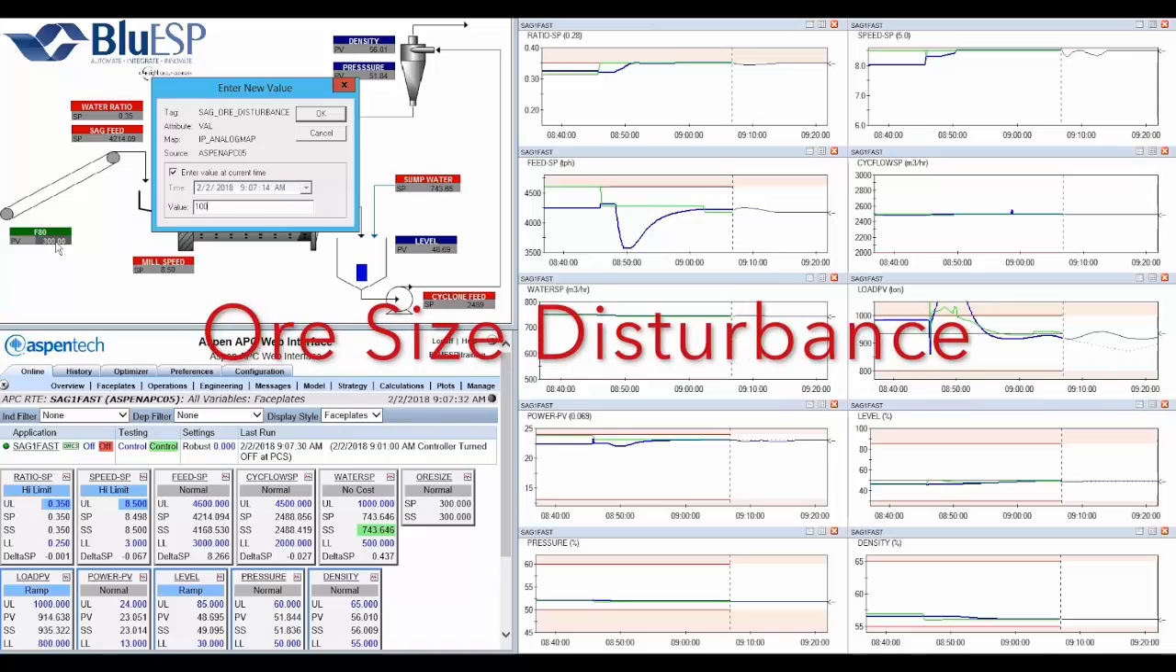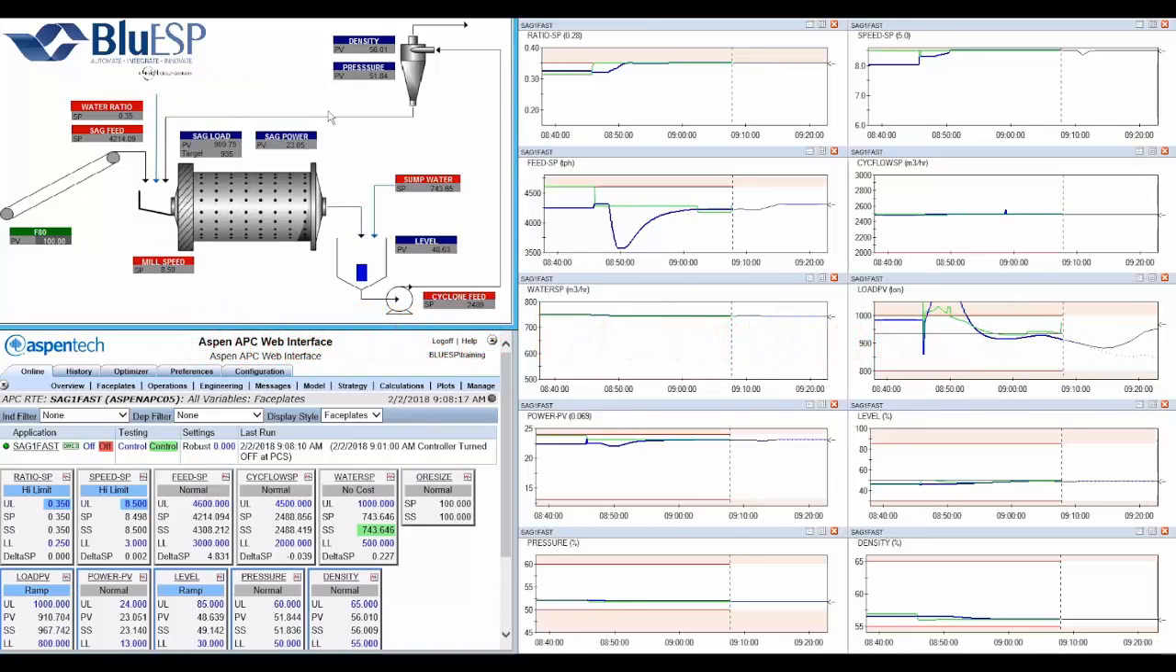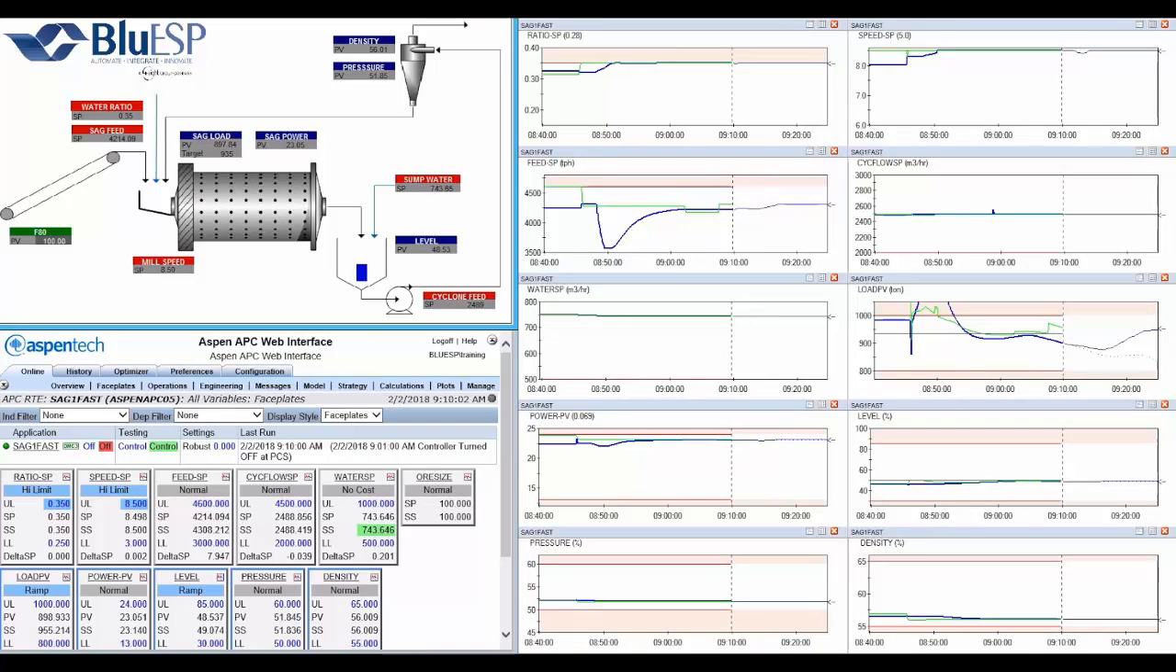Mill operation without our technology. The mill is first operated in manual mode. An ore feed size disturbance is introduced to the circuit. The ore size is effectively reduced. A finer ore size distribution results in a higher grinding rate, and the load in the mill starts